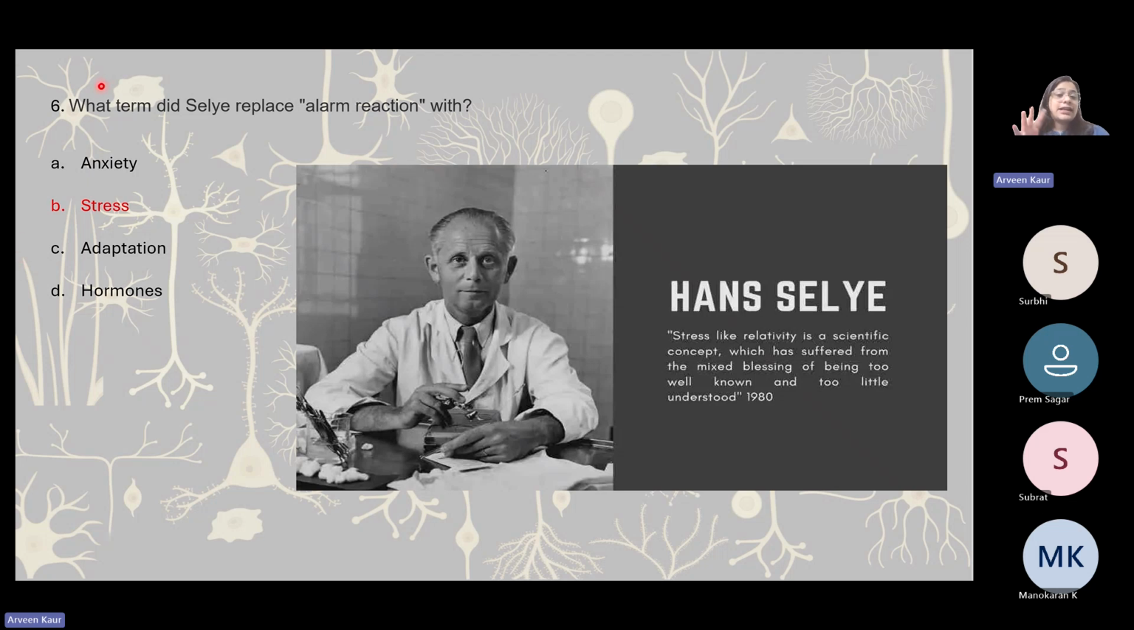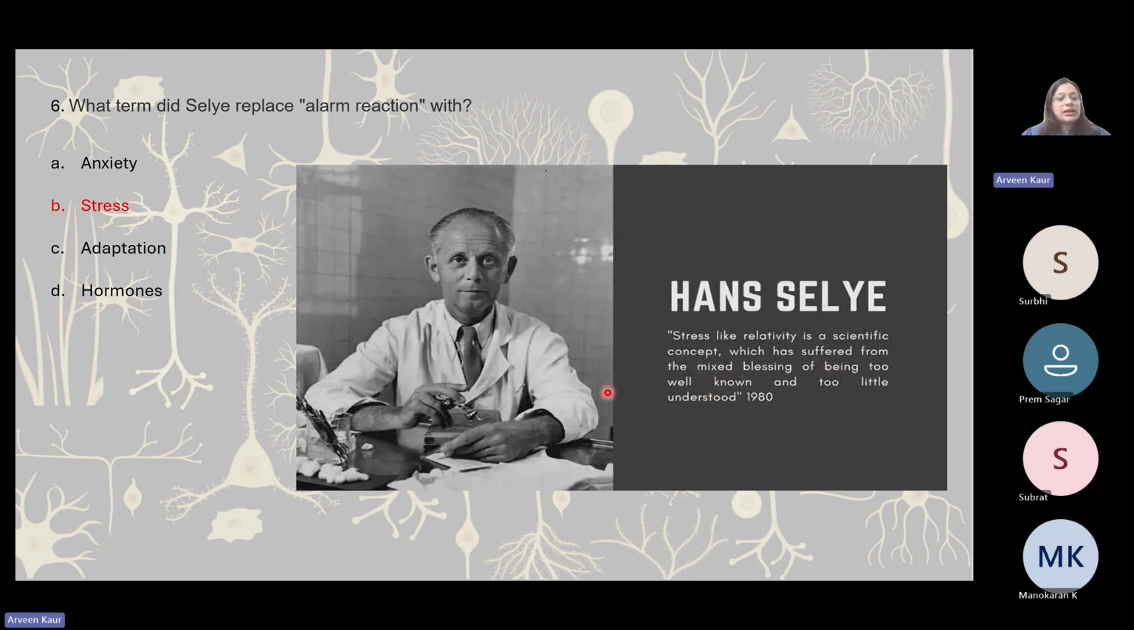Still, it is an ambiguous term to this date because stress could be oxidative stress, cellular stress. Different kinds of stressors could induce different kinds of stress, right? This was a statement that he made in 1980. Stress, like relativity, is a scientific concept which has suffered from the mixed blessing of being too well known and